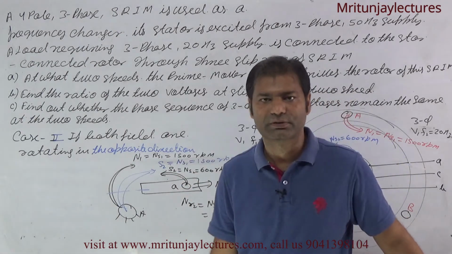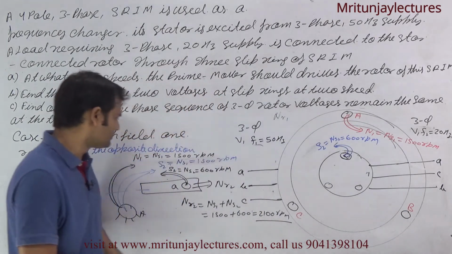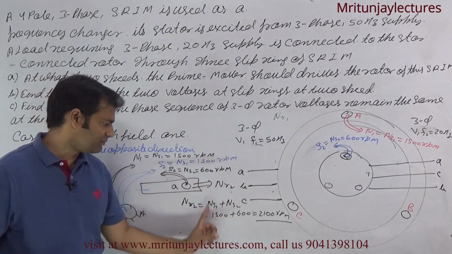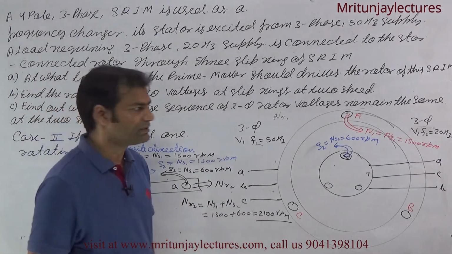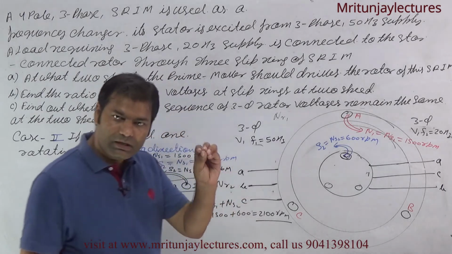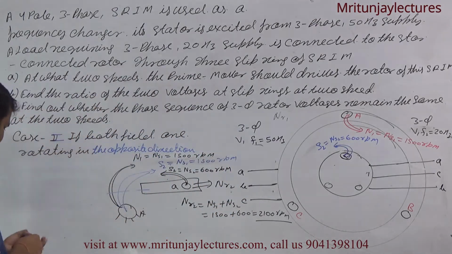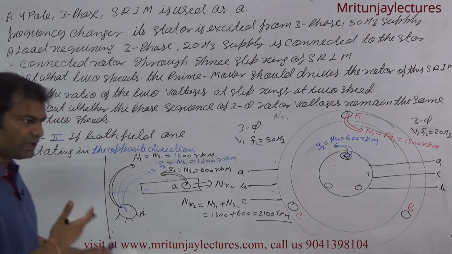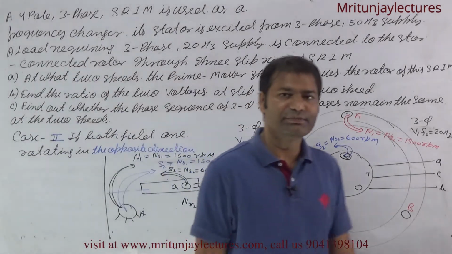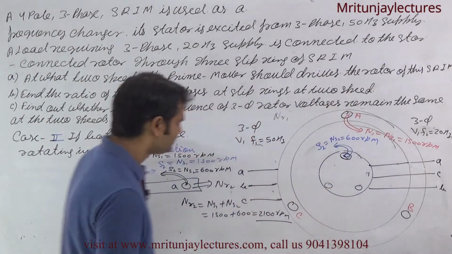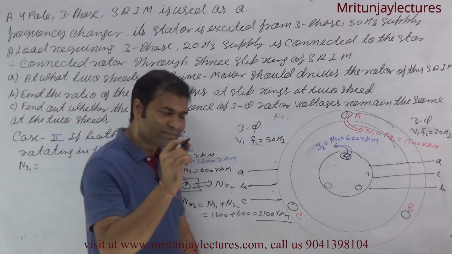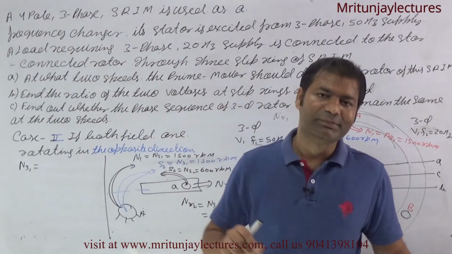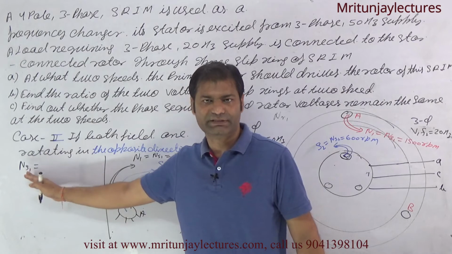Clear? So only possible if the rotor rotates in the direction of the stator field, which has speed like this one. So NS1 plus NS2. So make the formula like this one. Clear? If any doubt, go to the basics. I have already discussed the stator field with respect to the stator winding, that is NS1. This is equal to the speed of the rotor field with respect to the stator winding, both are the same, that is NS1.